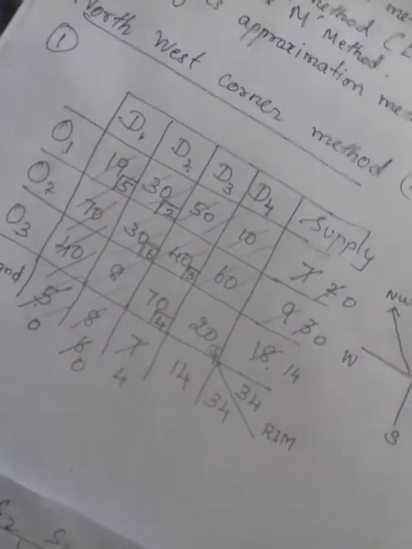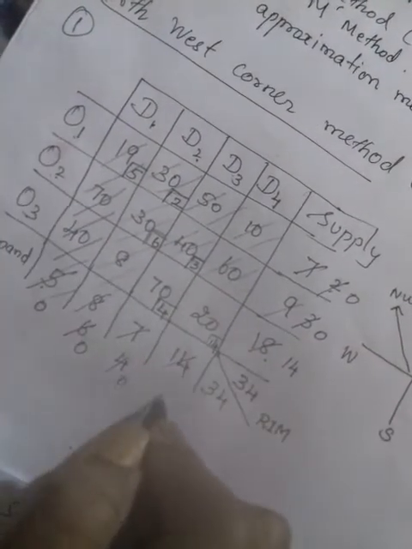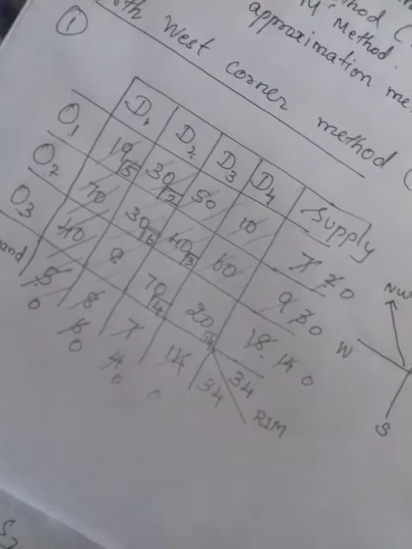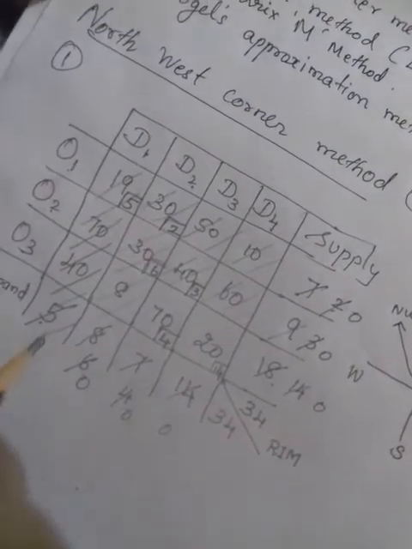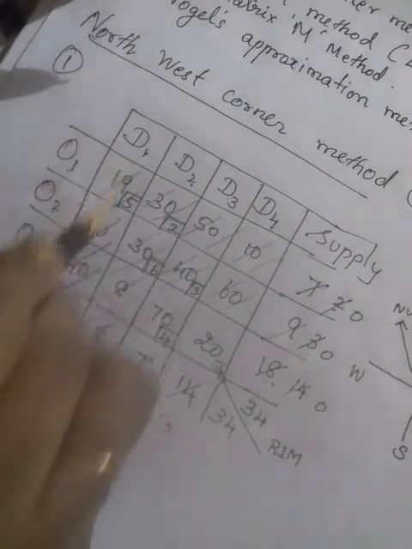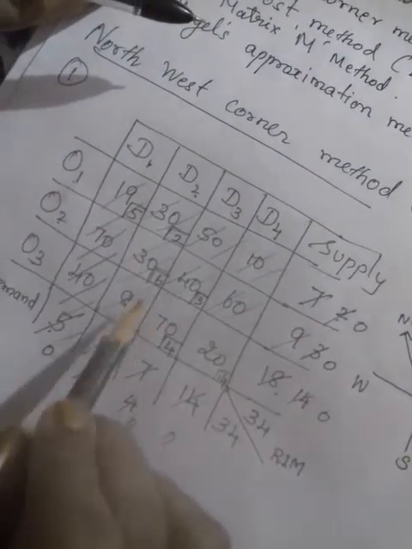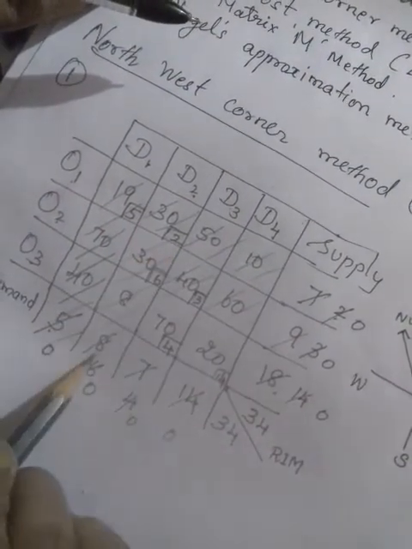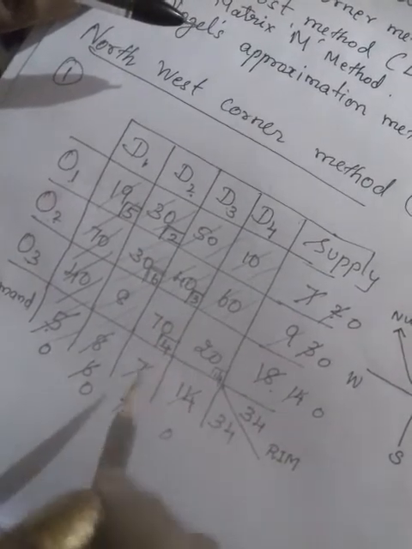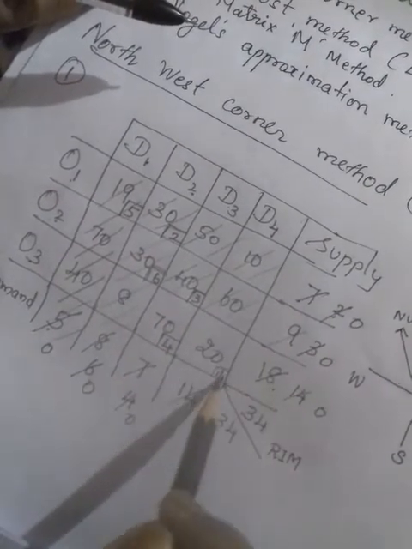Now scratch down this one, it becomes 0, and you have allocated, no? You put 0 here. Now just cross verify. 5 is there, no? Just count this cell where you allocated. 5 you allocated. Okay, tally. And 6 plus 2 is 8, tally. 3 plus 4 is 7 is there, and 14 is there.